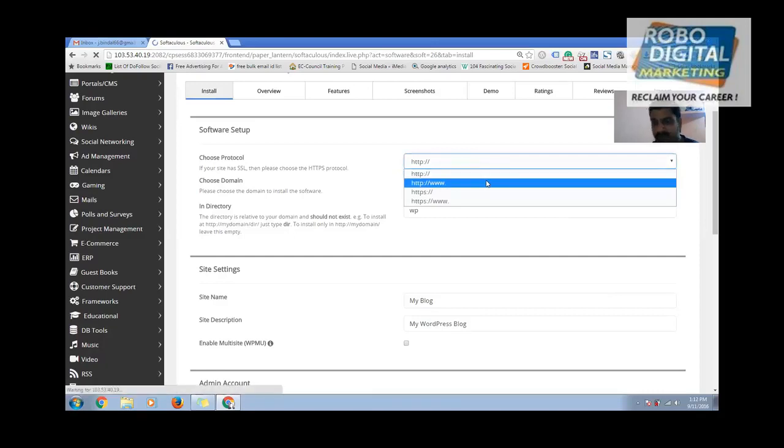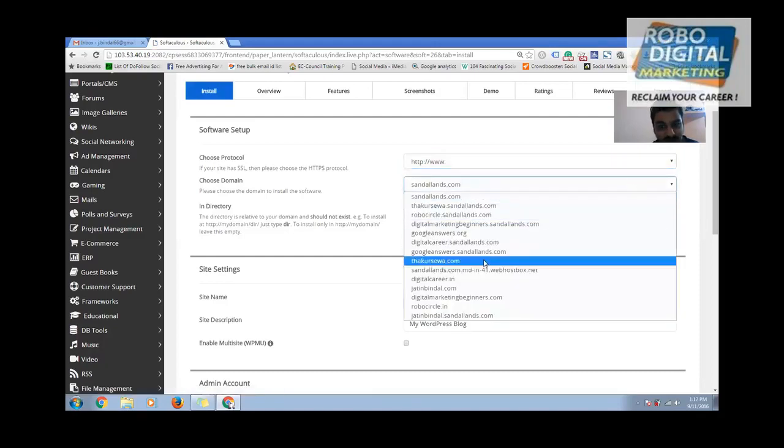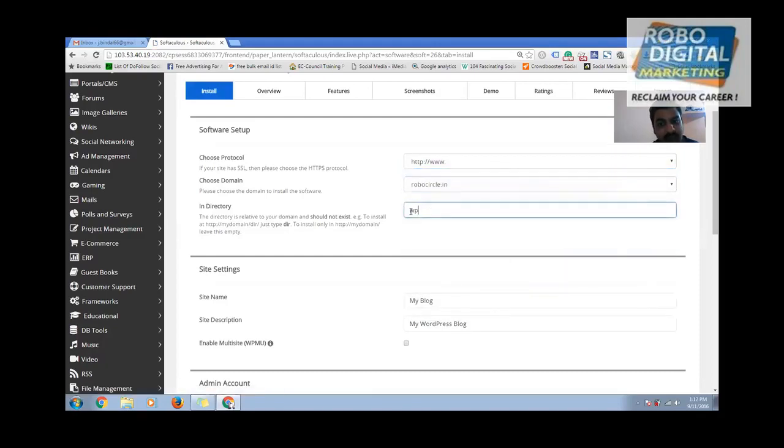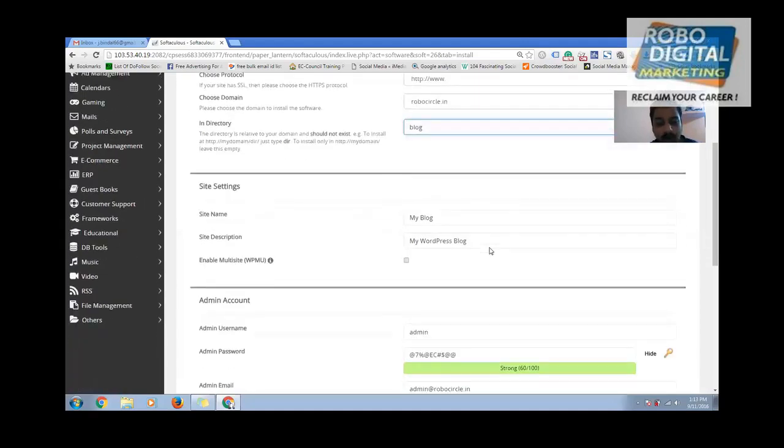In the previous class, I told you we will select the second, and then we will select the domain name. And you have to keep the directory blank if you want to build the website on the domain name. If you want to build only one part of it, let's say a blog of this website, I write blog and they will run the whole website in the blog itself.